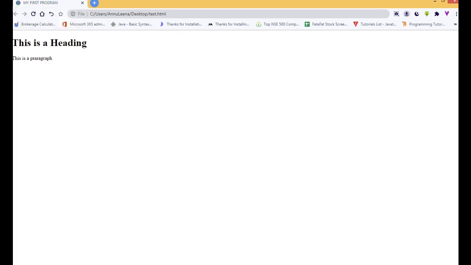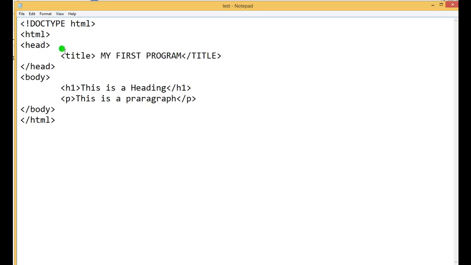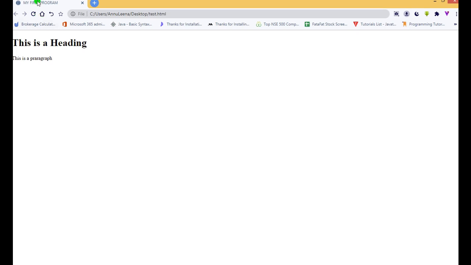Then, just to see the program, we gave HTML head title. What was the title? My first program. And this is a heading, this is a paragraph. Now see, you can see all these changes here.